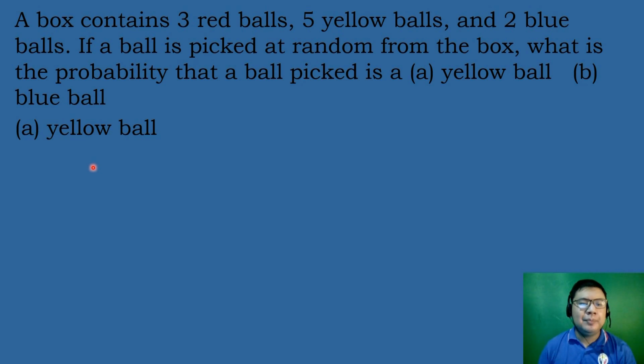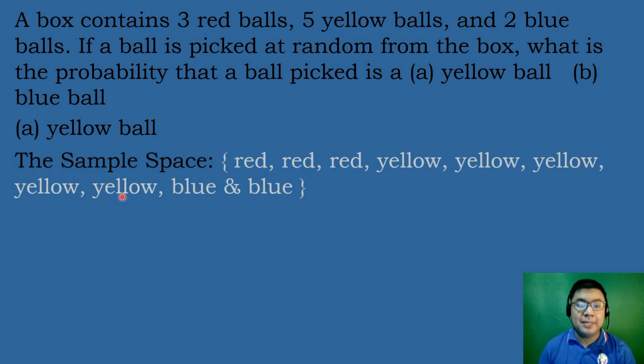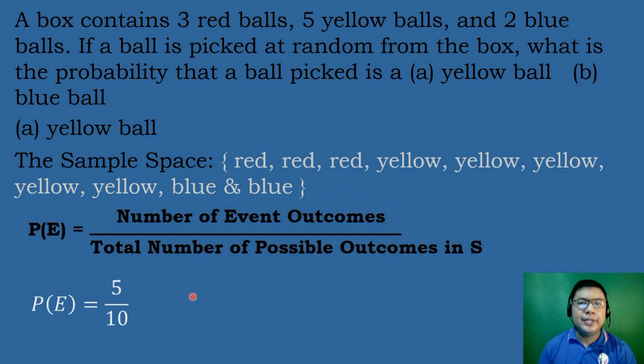To do that, we will be looking for the number of the sample space. The sample space is the set of 3 red balls, and then we have 5 yellow balls, and then we have 2 blue balls. So all in all, the sample space is equal to 10. We have 10 balls with different colors. And then after that, we will be using the formula of simple probability. Probability of event E is equal to the number of event outcomes all over the total number of possible outcomes